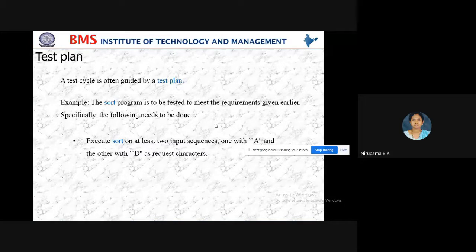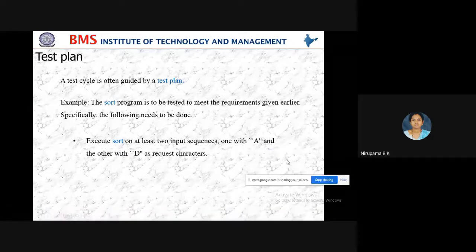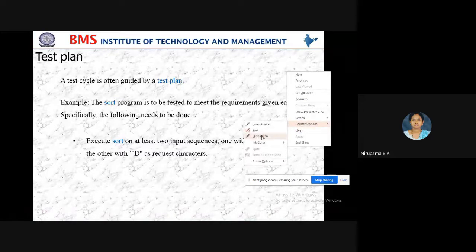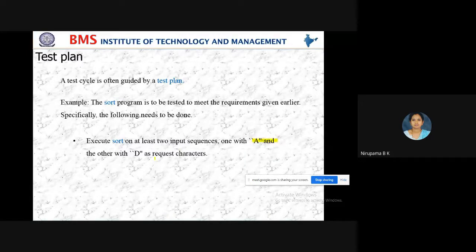If I give A as an input, then it should display the output in ascending order. If I give D, then it should display the output in descending order. These are the two character inputs, correct? The characters are A and D. A is for ascending and D is for descending. Other than this,